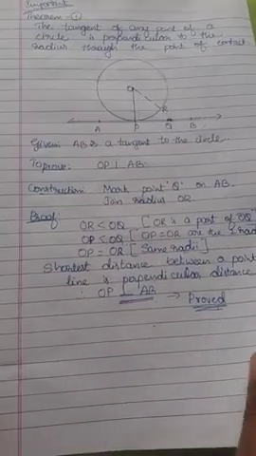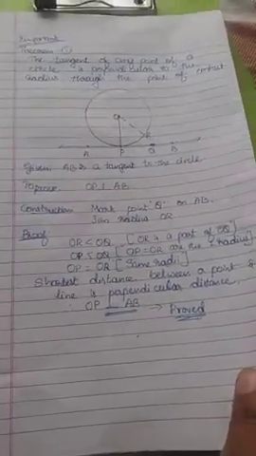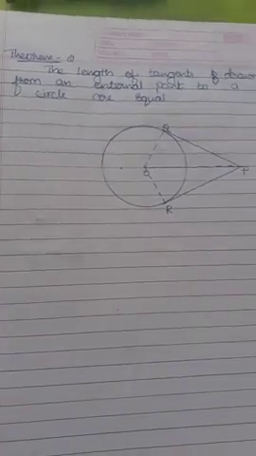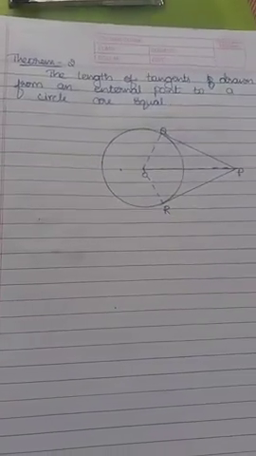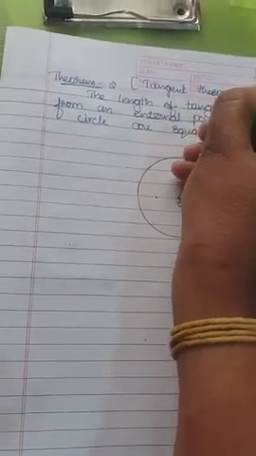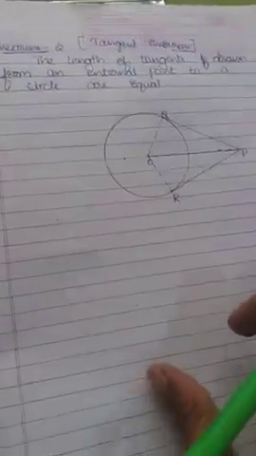Okay, this is a 2 mark question. Sometimes it is asked for 3 marks, but it is always a 2 mark question. Next we have to move to one more very important theorem, the tangent theorem. Keep in mind, it is also known as the tangent theorem. That is called the perpendicular theorem, and this is called the tangent theorem for short.